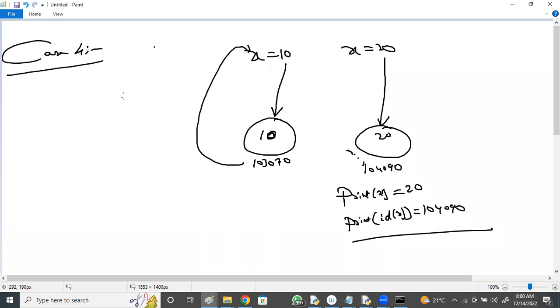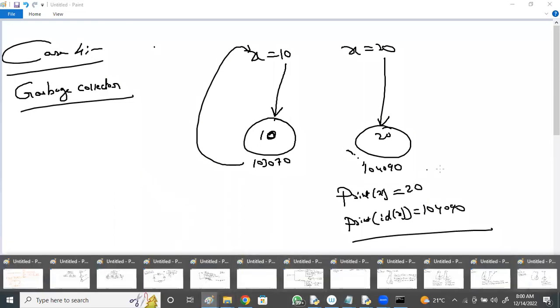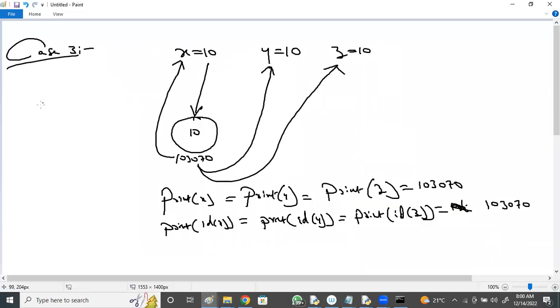To know what happens to the previous object, there is a small concept called garbage collector. To make you understand this garbage collector, as of now I'll just give an overview, but later, as part of our course, I'll be discussing it in brief. So, in a simple way, I'll just discuss this garbage collector.